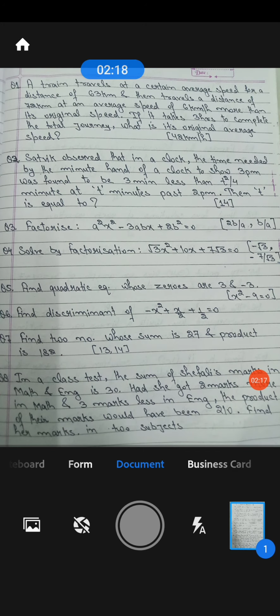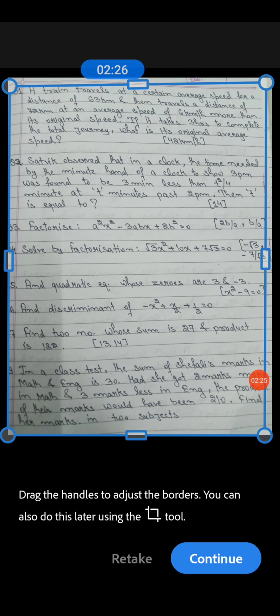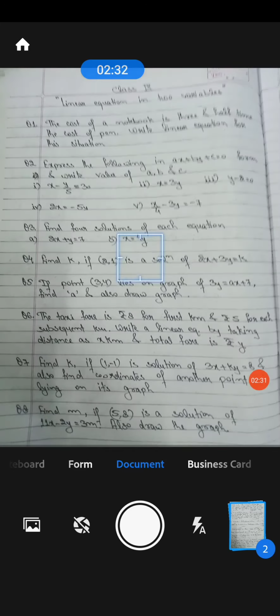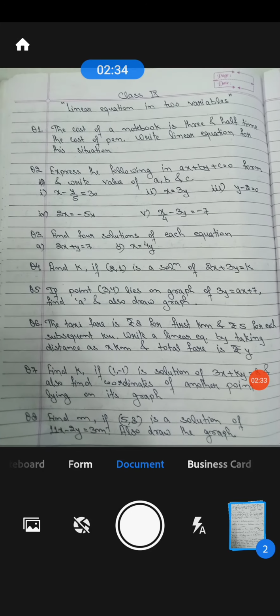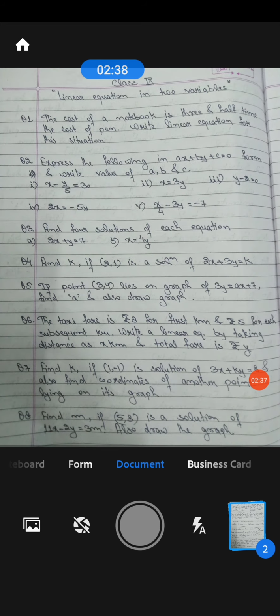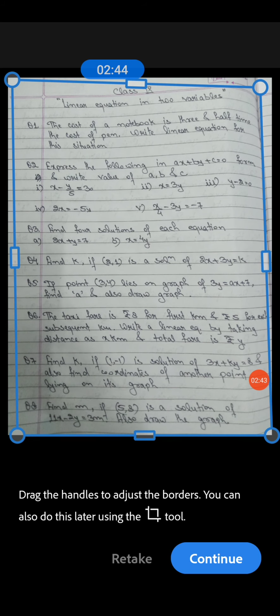In all the pages, we have to adjust the corners. And click on continue.